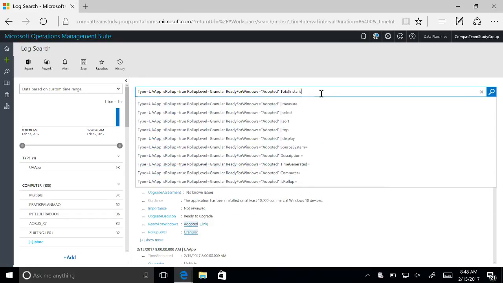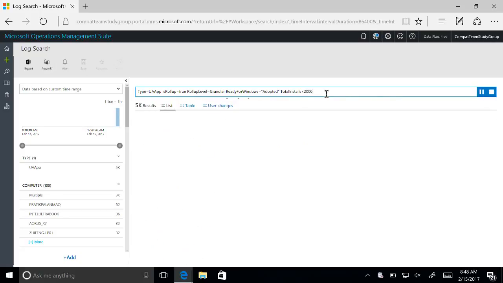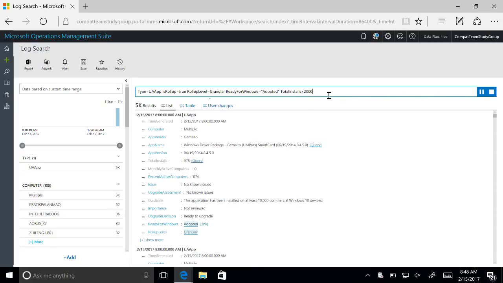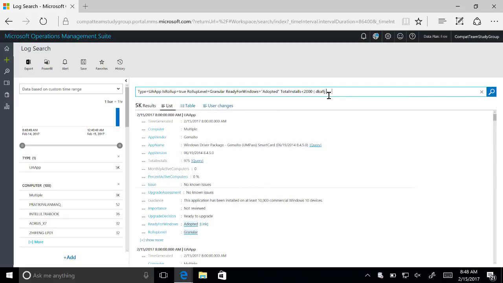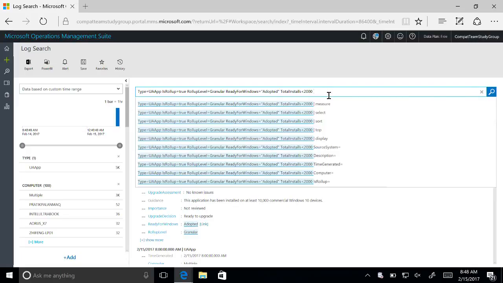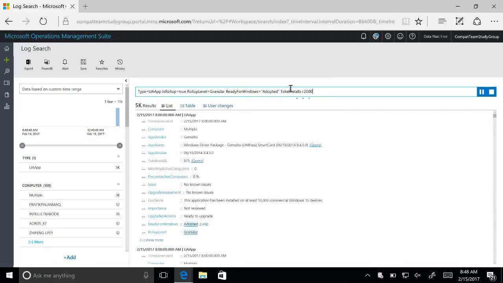You don't. So this query language is case sensitive, which is something to get used to. As far as the syntax is concerned, the space is going to be an implicit and. So if you want an or, you can put things in parentheses, something here or something here. But otherwise, everything's going to be an implicit and. So this will be the total installs less than 2,000. So you'll see we have 5,000 apps that have a ready for Windows status of adopted and total installs of